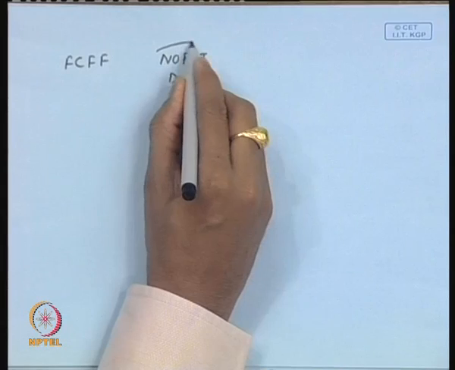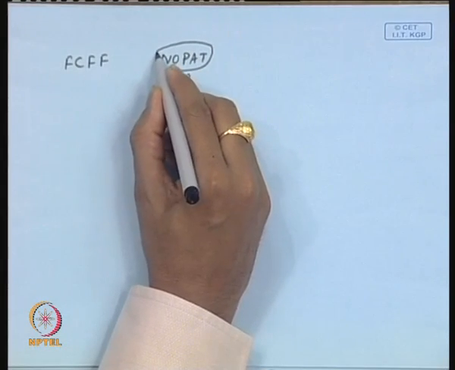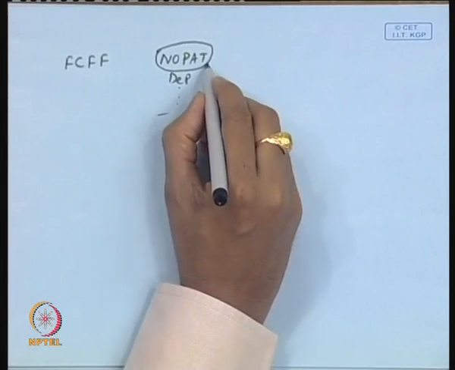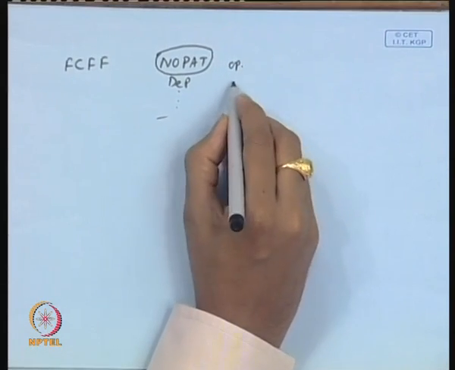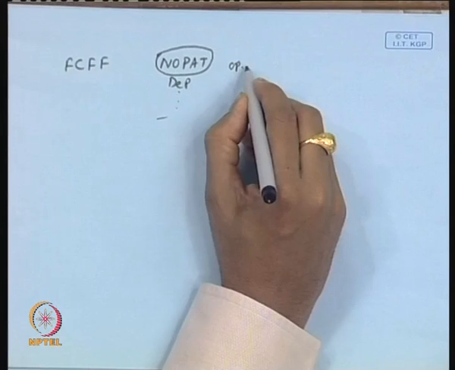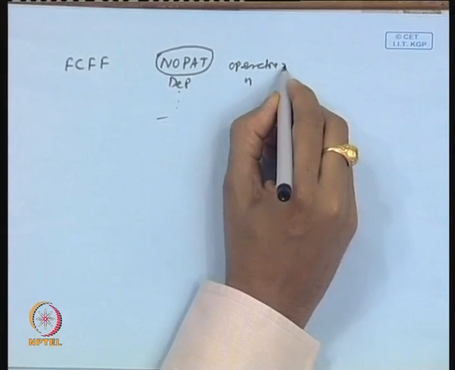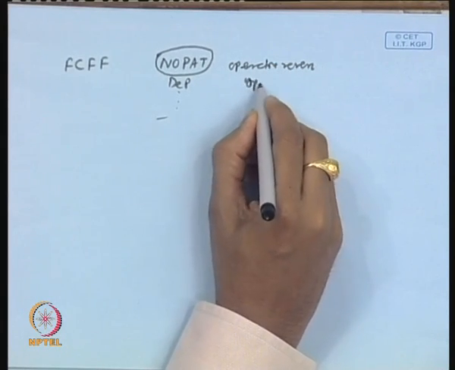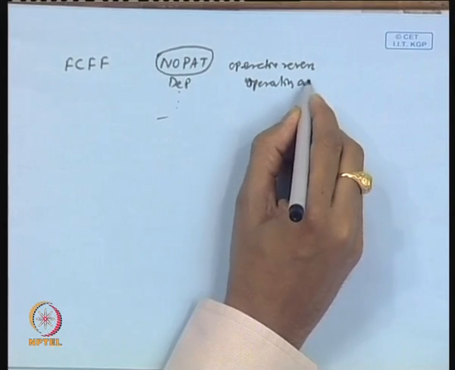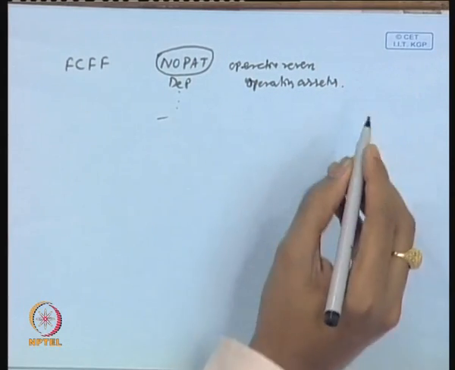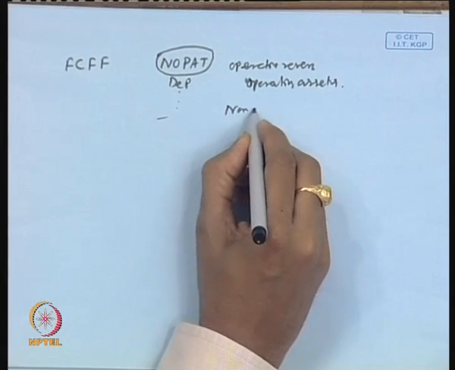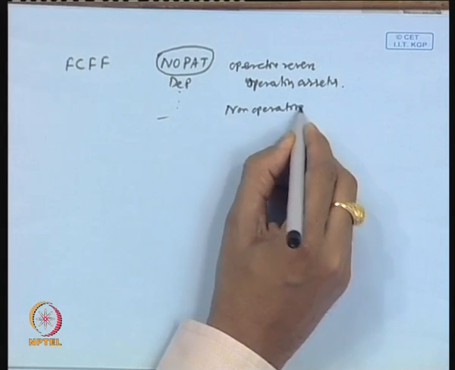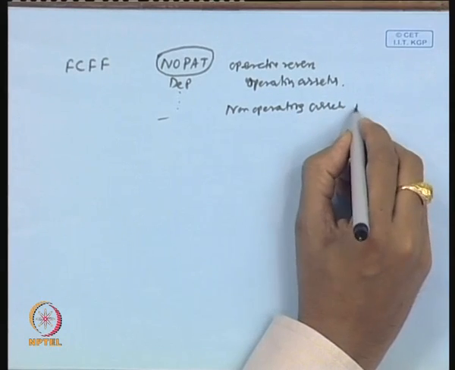So, this particular profit is based on the operating revenue, which is driven by operating assets, but it is quite possible that the company has certain non operating assets in terms of